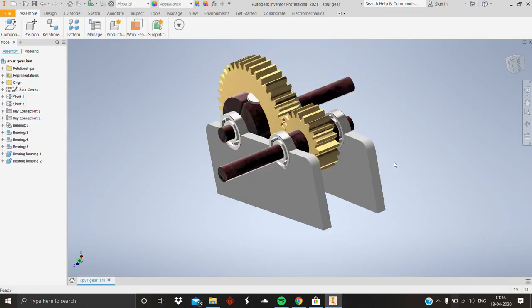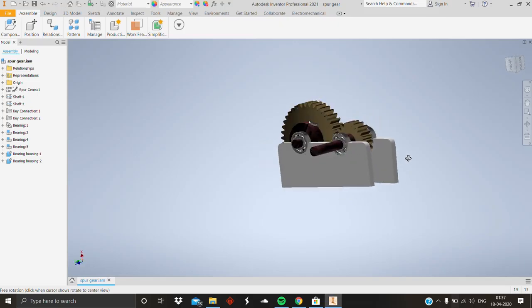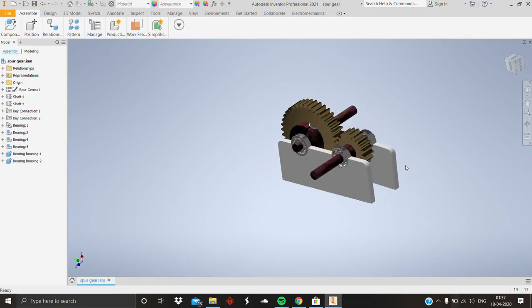Now coming to what a gear train is. If more than two gears are arranged to transmit power, such an arrangement is called a gear train. It is also of four types: simple gear train, compound gear train, reverted gear train, and epicyclic gear train. So the assembly that I have made is a simple gear train, in which only one gear is mounted on